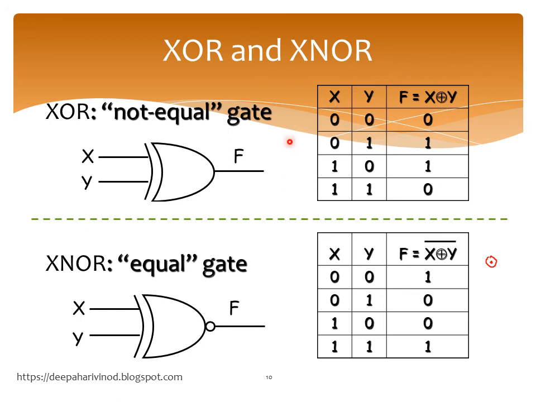Now coming to XNOR, we can see the symbol of the XNOR here, that is the XOR output bubbled. That is the XNOR gate, the complement of the XOR gate. In simple words, we can notate it as F equal to X XOR Y whole bar, or this can also be used as the symbol of XNOR.